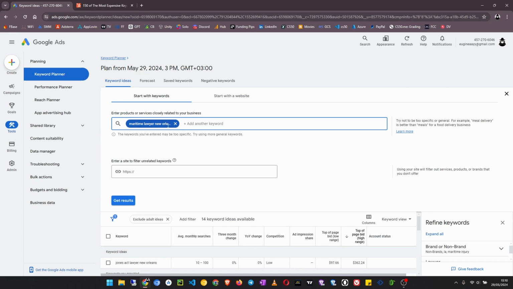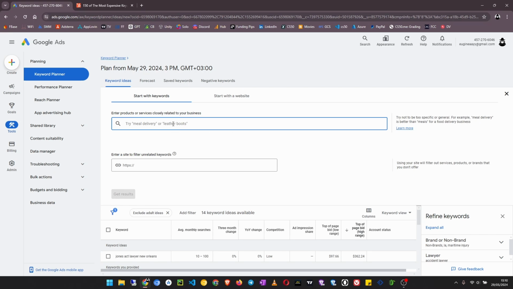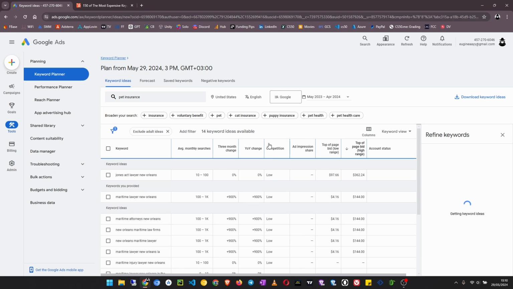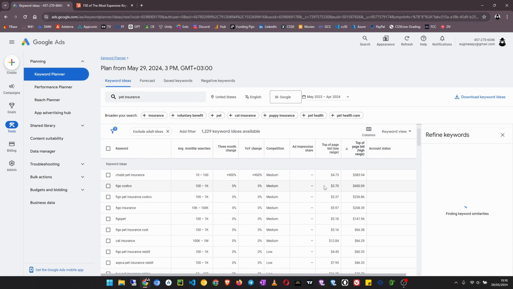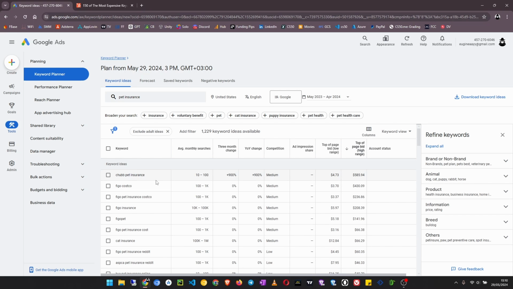If I search for something else like maybe pet insurance, and click on get results, I'll be able to see Chubb pet insurance bidding highest bid at $500, Figo Costco highest bid at $400,